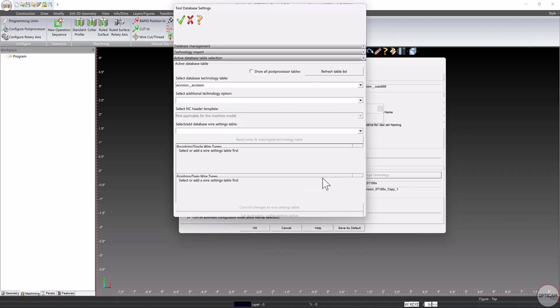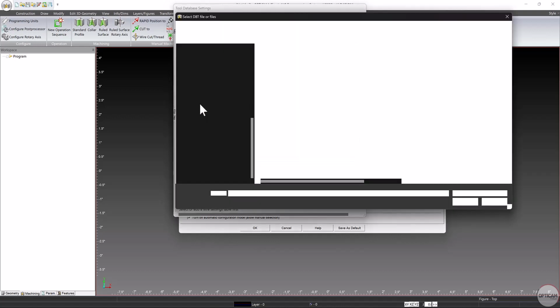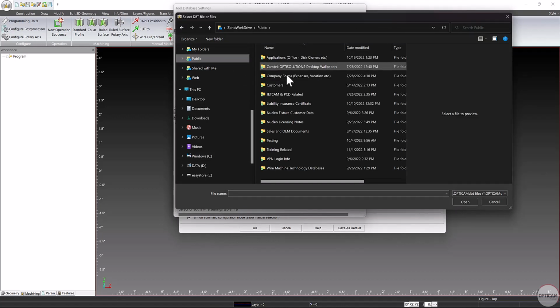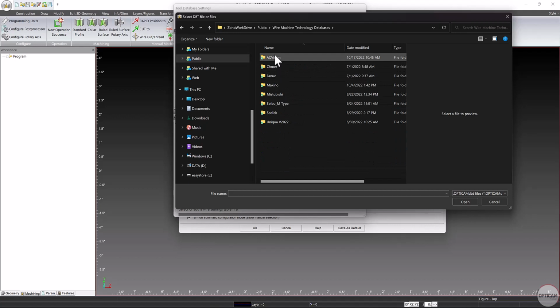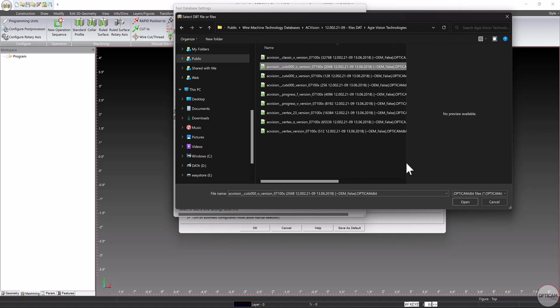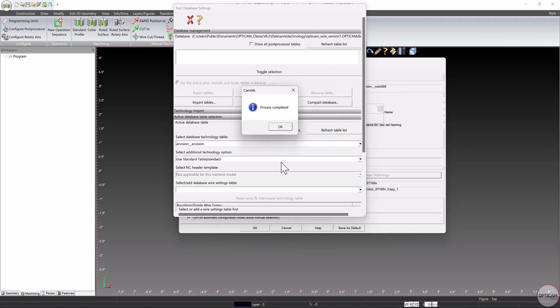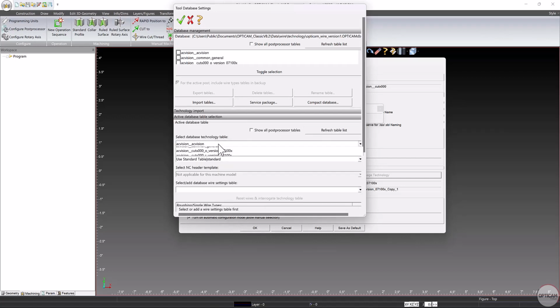Once that's found, you'll go under Database Management, Import Tables, browse to the folder that your tables, that your new technology, is located at, and then select the technology to import. This could take 5-10 minutes depending upon the size of the database, but once complete, you will get an OK button here, and then from there you go down to Active Database Table Selection, refresh the table list, drop down to